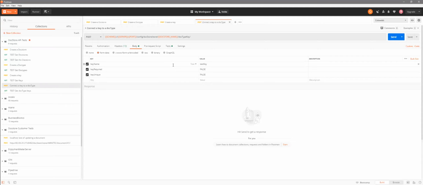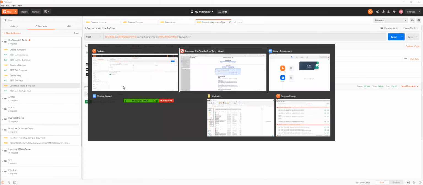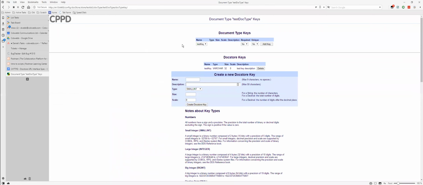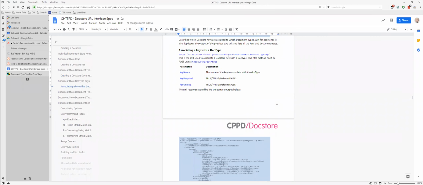Doc type key. Going to run it. It returned true, but I don't think it will have connected because I think the URL, just a little bit of live coding here, to create a connector key to a document type should be